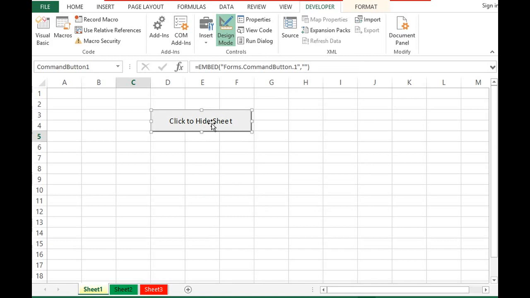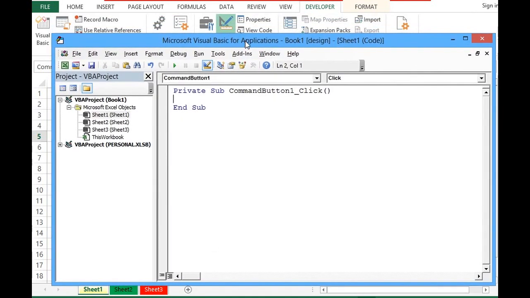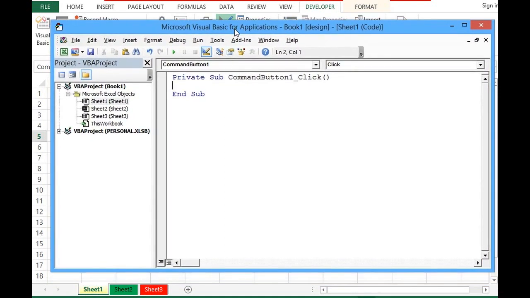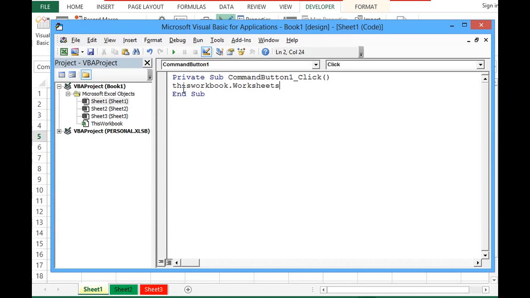Now I will double click on this button. Here, on the click event of this command button, I will write some code, and that code, when I press the command button, will hide Sheet2. So I will write like this: Workbook.Worksheets, in brackets I will give the name of the sheet that I want to hide.